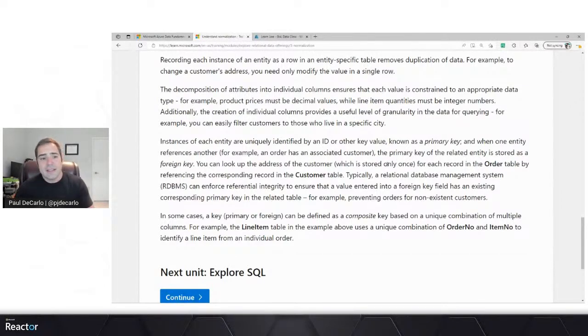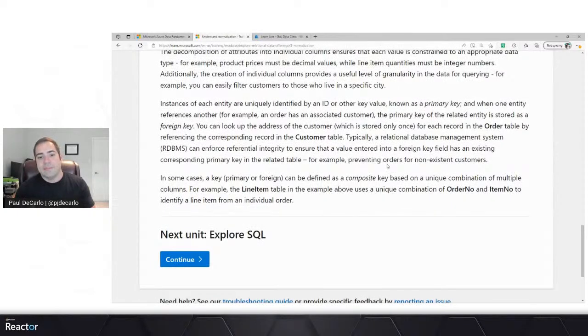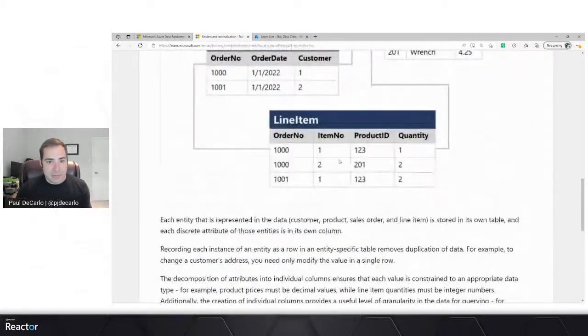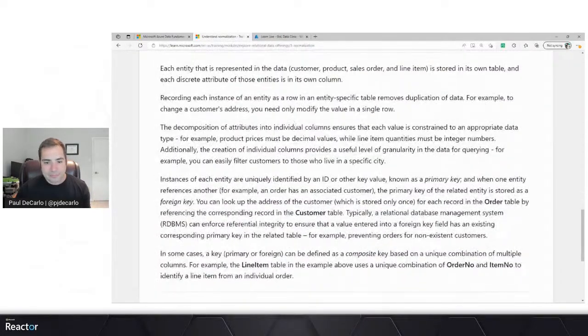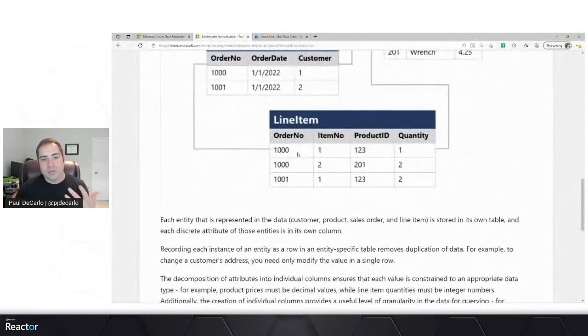In some cases, a primary or foreign key can be defined as a composite key. And this is actually pretty interesting. This could be based on combining or concatenating or putting together a combination of multiple columns. For example, above, the line item table actually uses a primary key that is a combination of order number and item number in order to identify the actual line item.